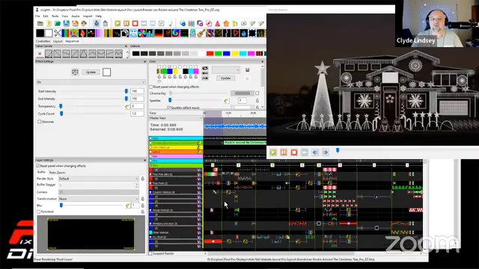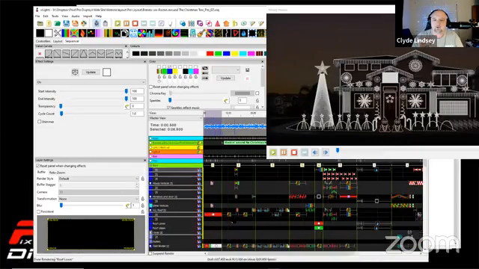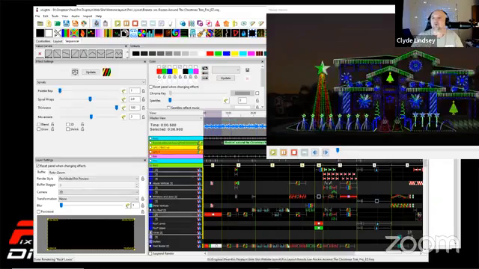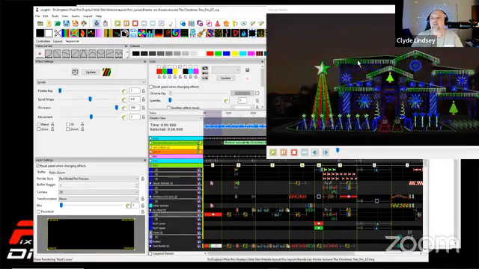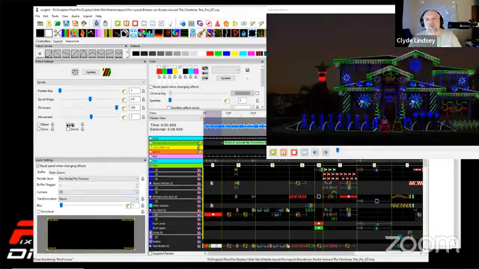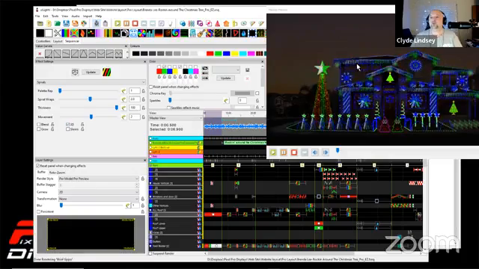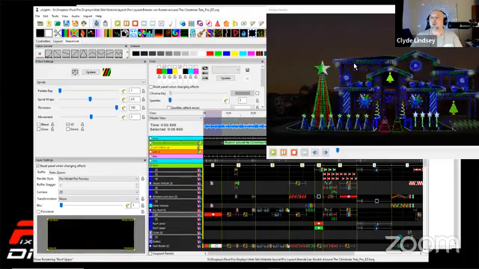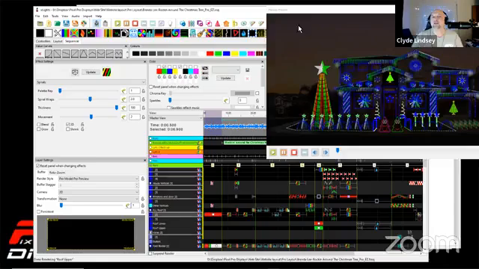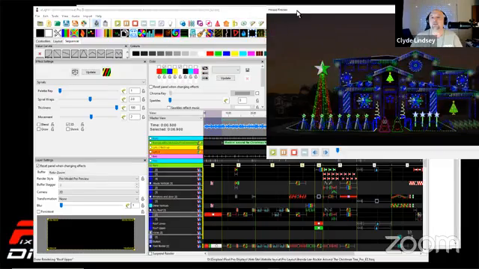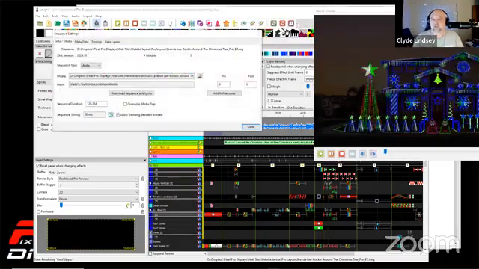If we look at the spiral effect on the roof, you see how these are blending together now? Now, what if this said 3D? You can see the blue through the icicles here. And that's what layer blending is. And to find this layer blending mode, that's in the sequence settings. So